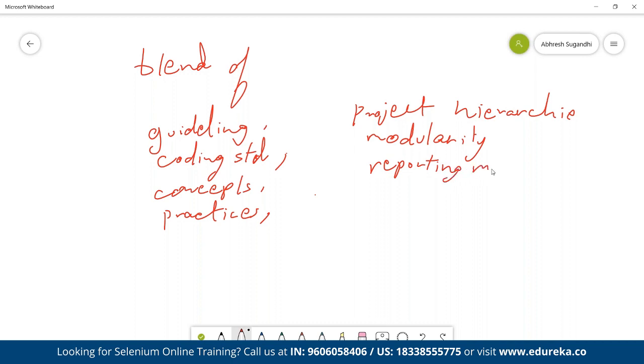Then, reporting mechanism. Are you going to use any third-party tool, or TestNG, or are you just going to rely on your print statements to get your reports? The technique you implement is also important, because frameworks are for a project, and when you have a big project, it is always beneficial to have the right technique for reporting. If you do not follow the right technique, you will end up getting a huge chunk of reports,